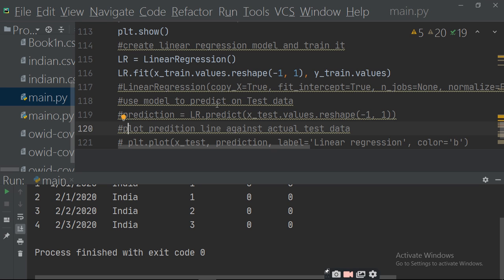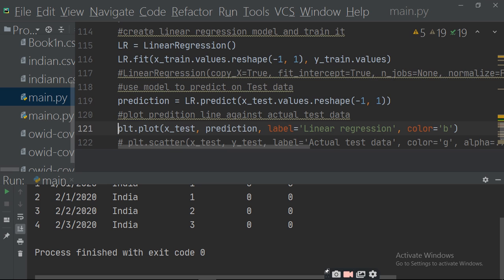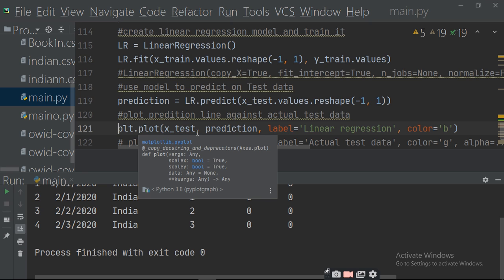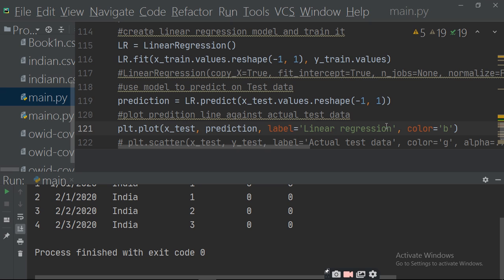we predict, use the model to predict on tested data. For the tested data prediction we make an object, prediction equals LR.predict xtest values. Again we reshape this tested value by using reshape -1 comma 1. Then we plot this value which we get by the object prediction. For that we have to write plot xtest comma prediction, label